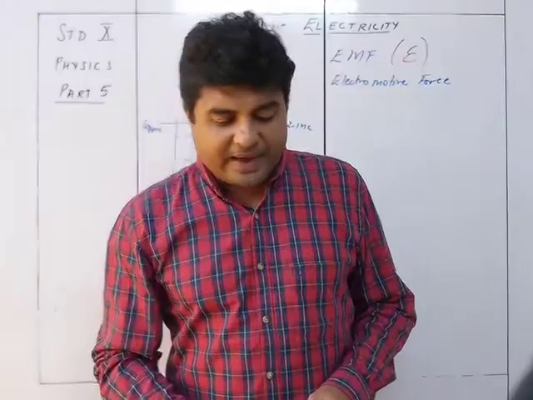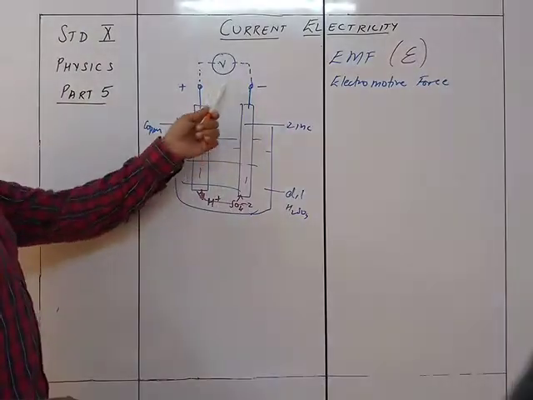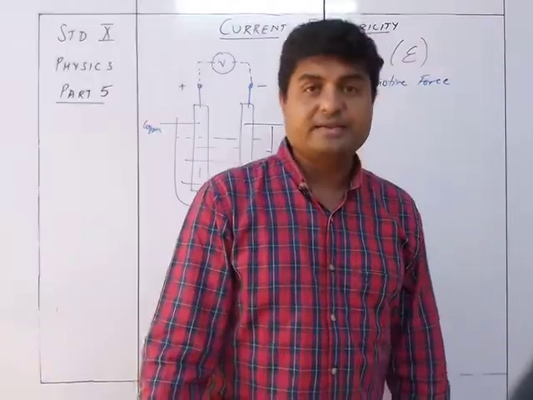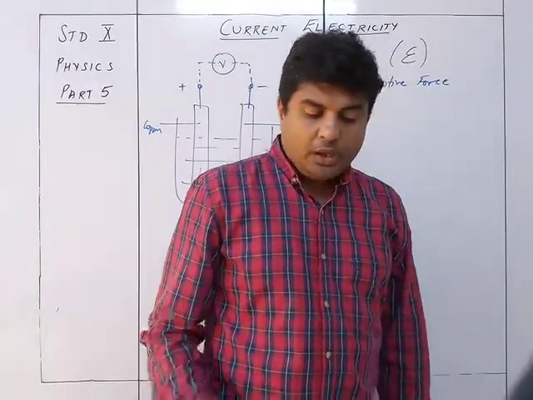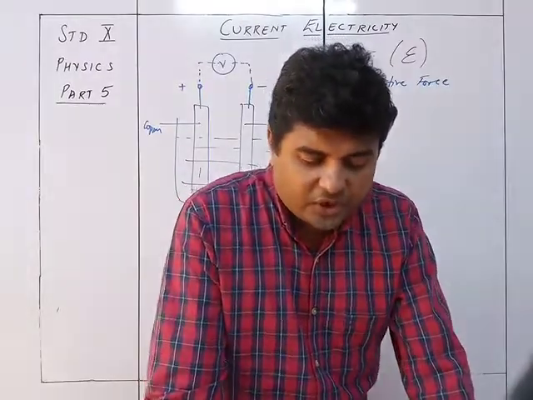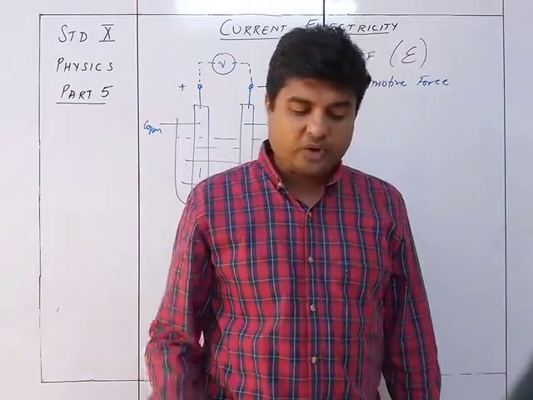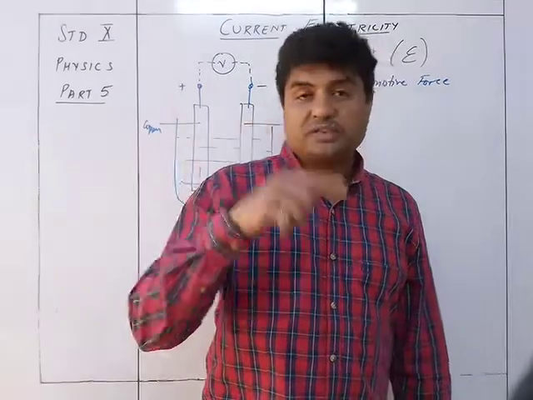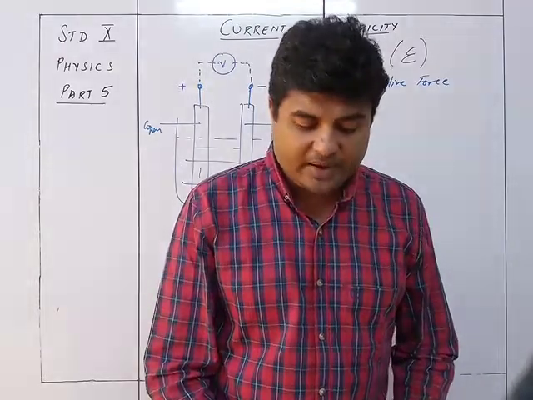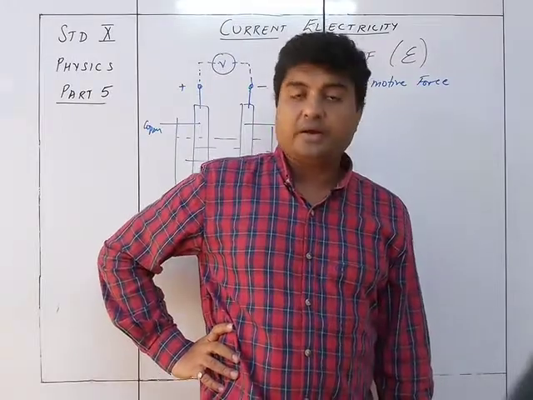It can be measured by connecting a voltmeter of high resistance across the cell. So you put a voltmeter of high resistance across the cell and measure the voltage, that is, the potential difference. When some electrical component such as a bulb is joined to the terminals of the cell, electrons flow in the external circuit from the zinc electrode to the copper electrode, or current flows in the external circuit from the copper electrode to the zinc electrode. The current flows in the external circuit because of the EMF between the terminals, which provides energy for the charge to flow through the components joined in the circuit.